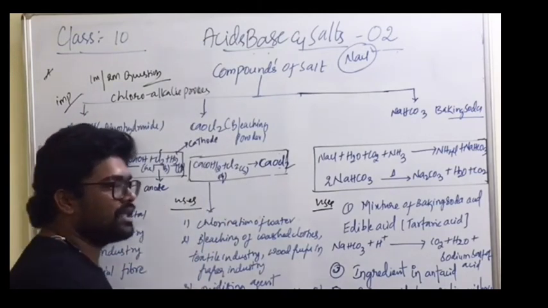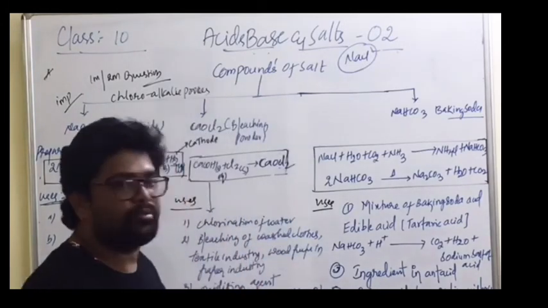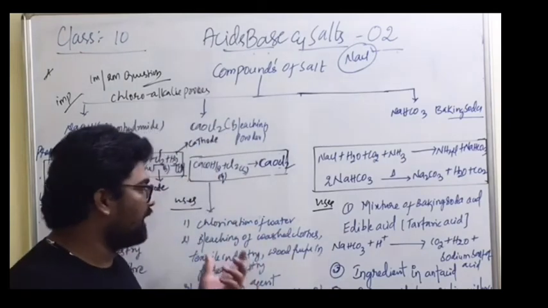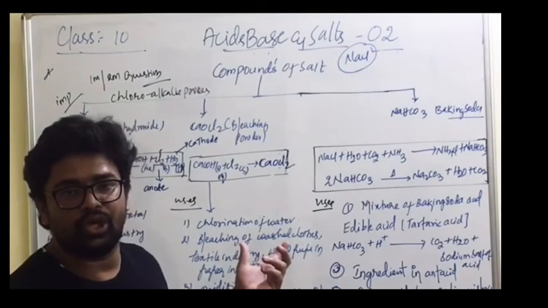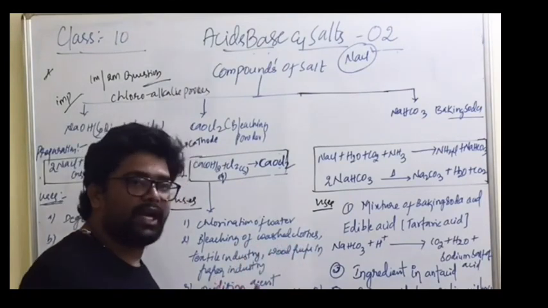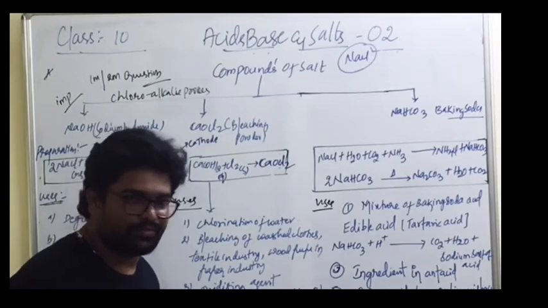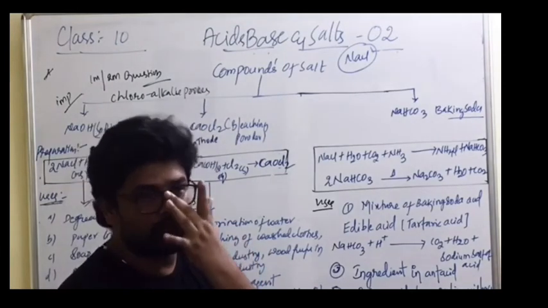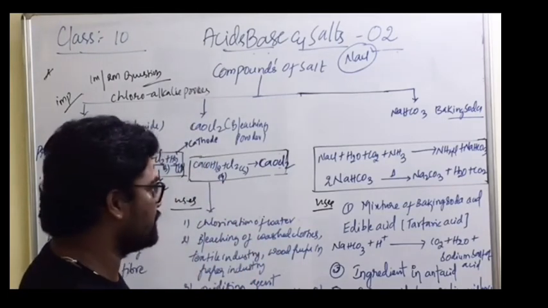It is used for disinfecting drinking water. It is used in bleaching of washed clothes. It is used in textile and linen industries, and also in the paper industry for bleaching of wood pulp. It acts as an oxidizing agent in chemical industries, and it is used as a reagent in the preparation of chloroform. So these are the uses. They will ask you uses in the examinations. It is a must.